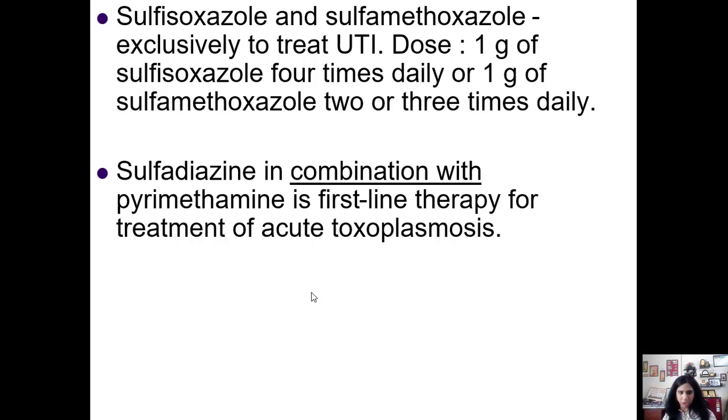for such organisms. Sulfadiazine and pyrimethamine are also going to produce a sequential block, as sulfamethoxazole and trimethoprim are going to produce a sequential block. Pyrimethamine is going to block the DHFRase of the plasmodium, which is dihydrofolate reductase, and sulfadiazine is going to block the dihydropteroate synthetase. So this is an example of a sequential block.